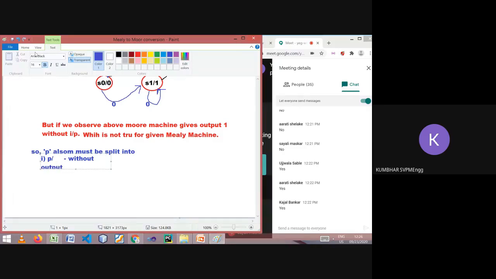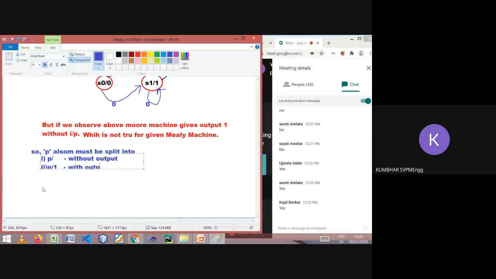That will be one P, and another P is which is giving the output 1 as it is coming. This is a special case.